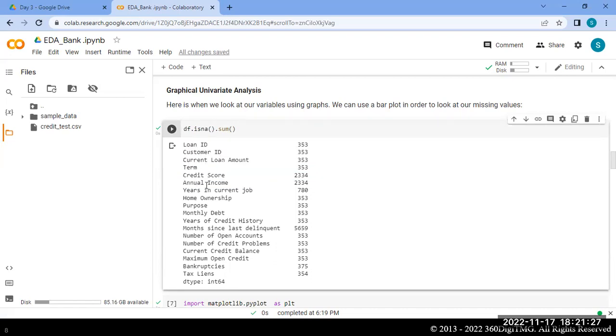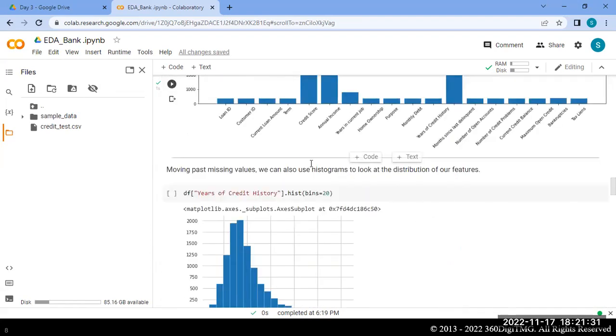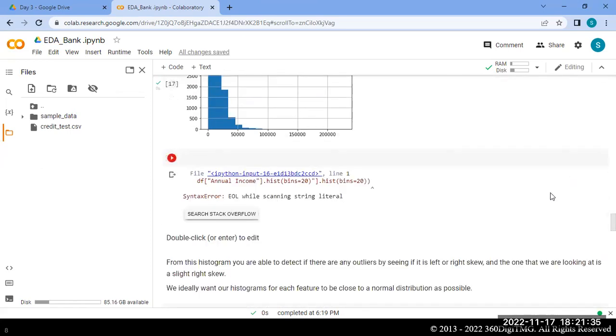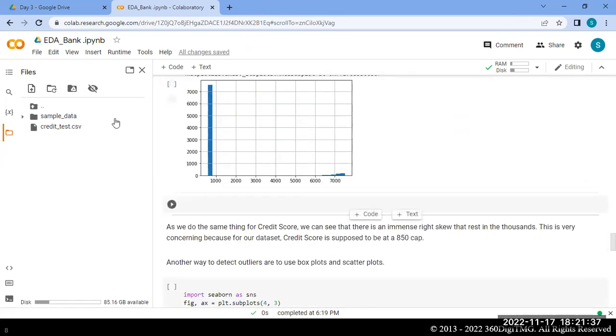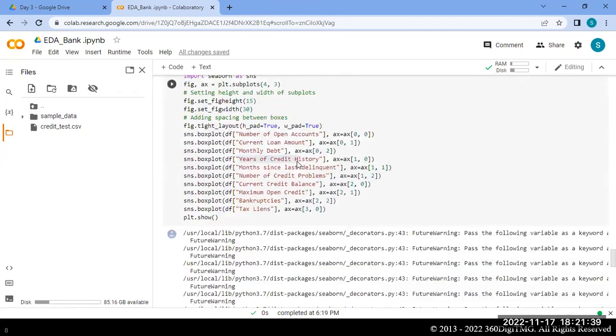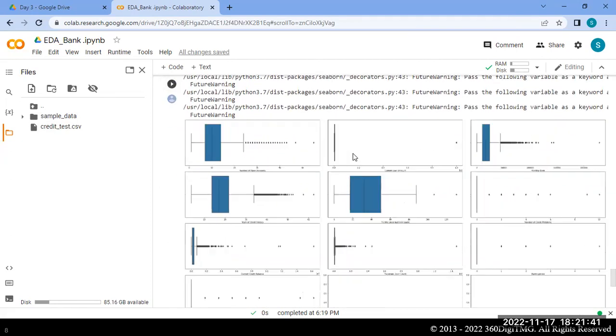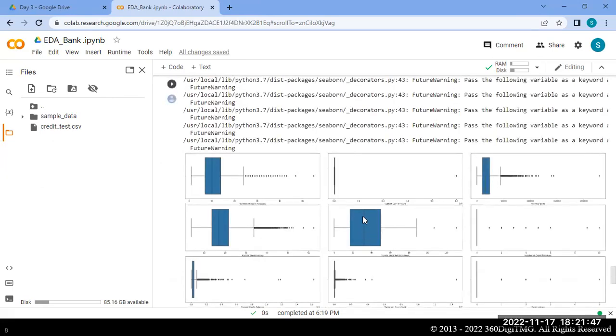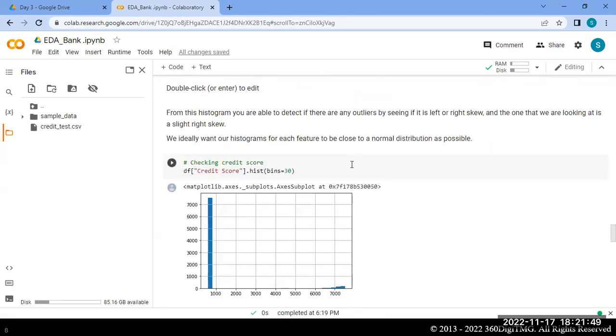We can do that as well. Like that, we can do visualizations and come up with inferences. Box plot we use to find outliers in our data, and histograms to find out whether data is symmetrical or not. Like that, we can do exploratory data analysis.